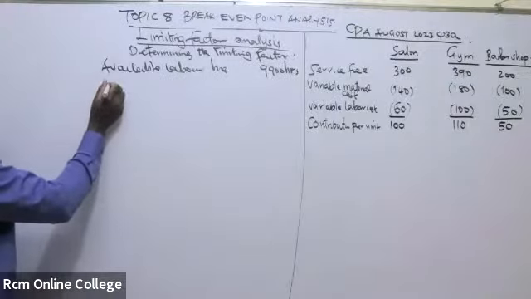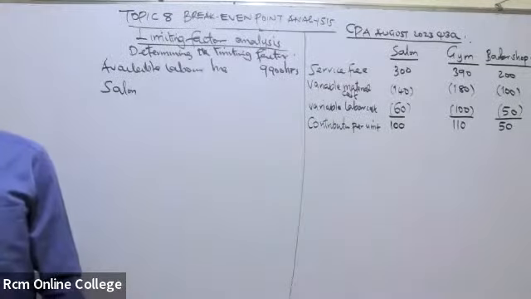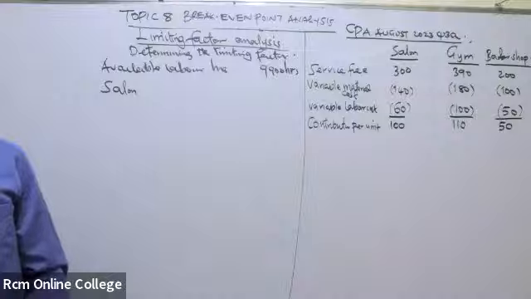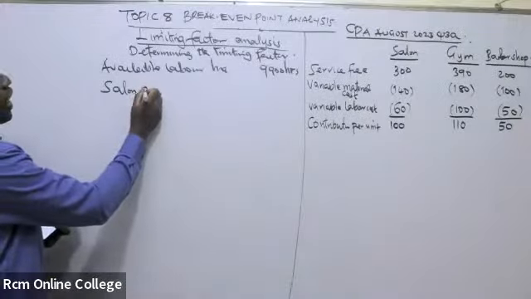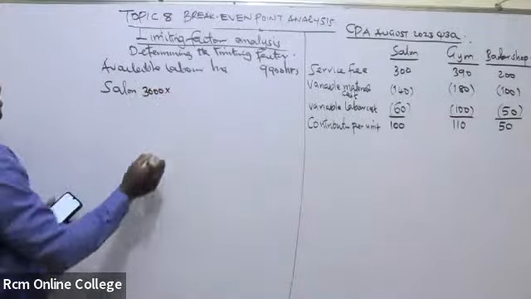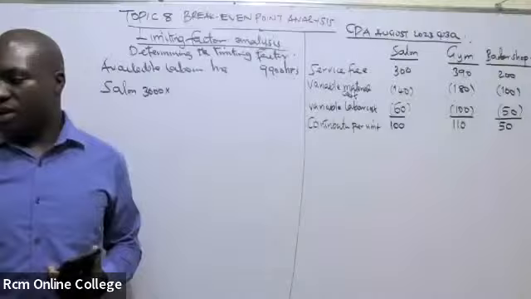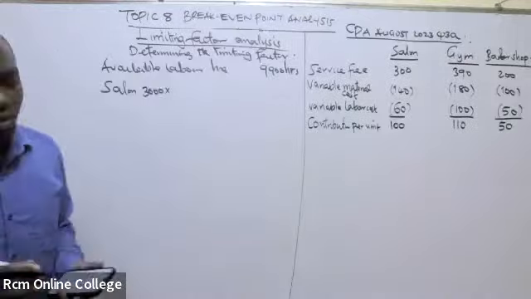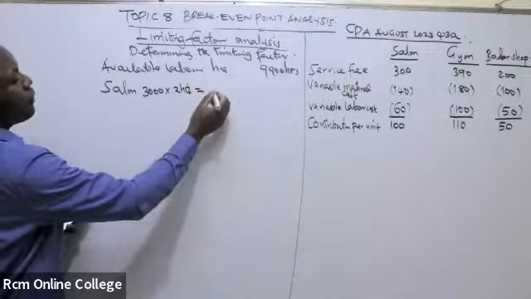So we have a total of 9,900 labor hours. Under salon, how many clients are they supposed to serve for the entire year? Additional information number 2. 3,000 clients. And how many hours do we need to serve one client in the salon? 2 hours, right? So that will give us a total of 6,000